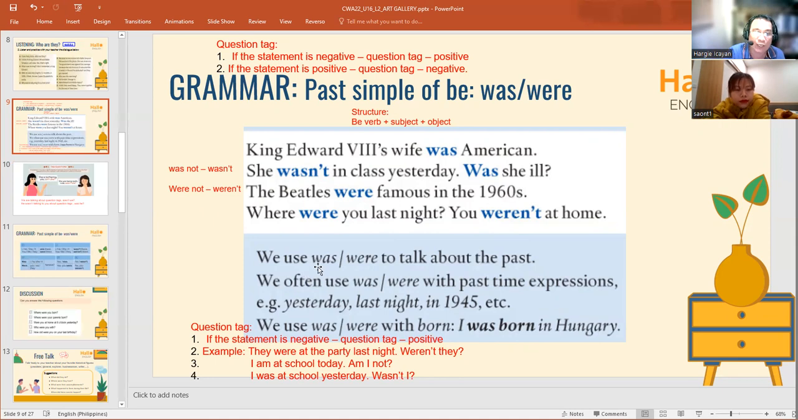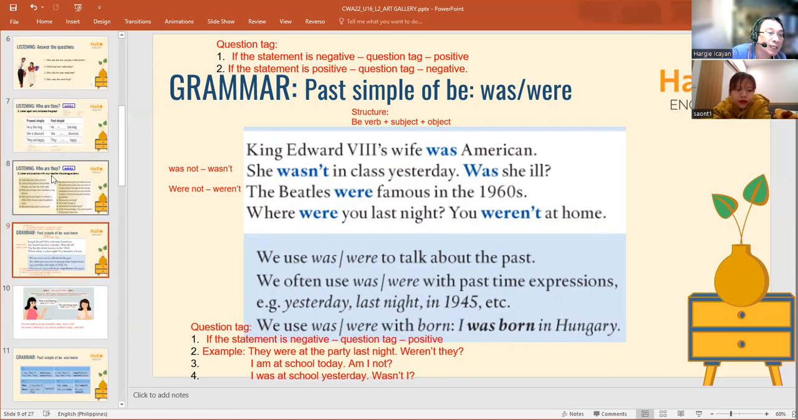Okay, look at this. We use was or were to talk about the past. We often use was and were with past time expressions like yesterday, last night, in 1945, etc. We also use was with born. So we need to say I was born in Hungary, or I was born in, what place? In Vietnam. Why do we need to use was? Because our subject is I. Again, remember,